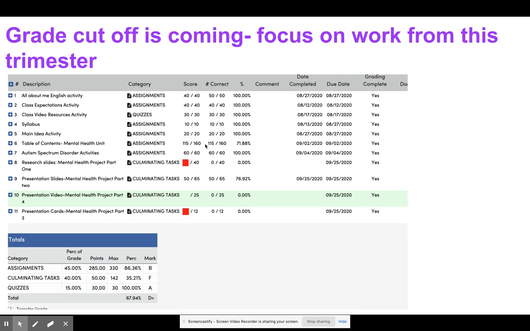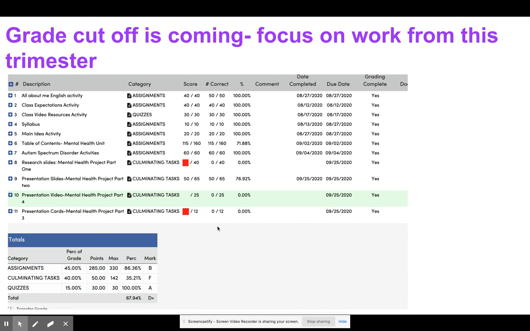A classwork assignment that is worth more points, let's say 160 points, compared to a classwork assignment that's worth 10 points, you want to focus on the one that has the most points when it comes to your basic classwork assignments. And you want to focus on things that are more recent within the trimester you're working on. So if it's October, you want to focus on the assignments from October and even September, not a 10-point assignment